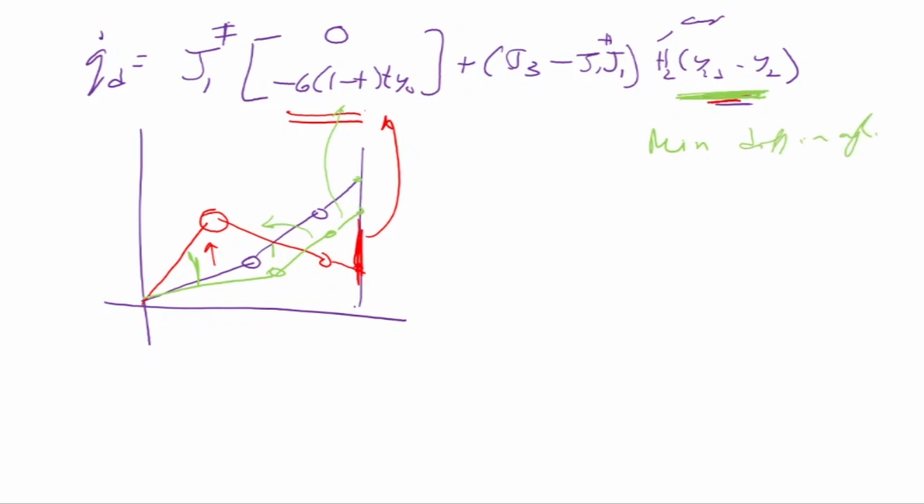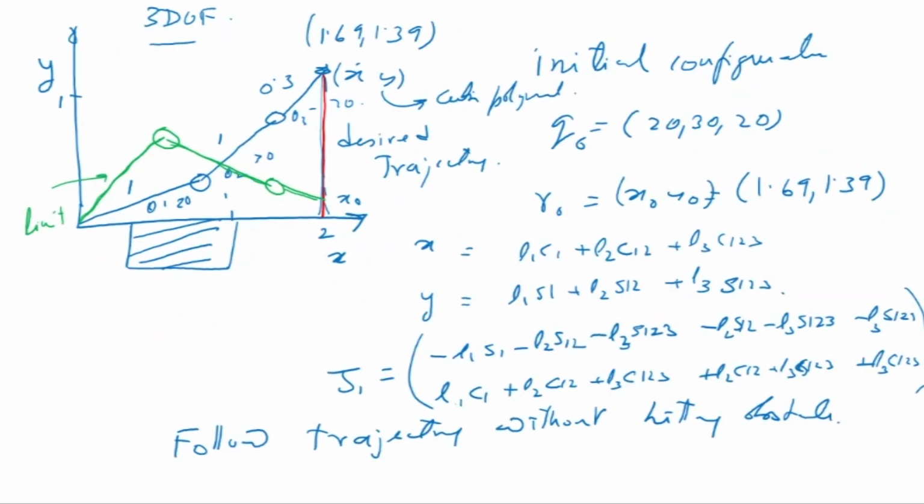If you do that, let me draw it and explain what we see. In the previous case, we are taking q dot d. If you integrate this, you'll get position. So how does this work? It starts off from here. This is the point where we are. It uses the equation. We have found the Jacobian.